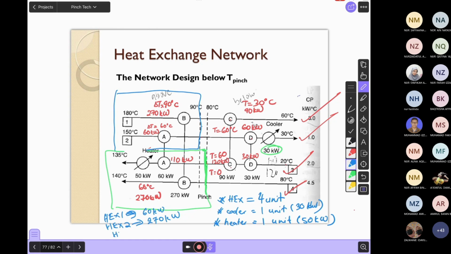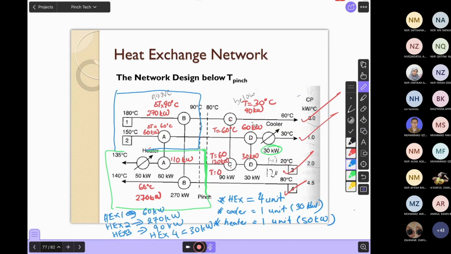X number 3, berapa power? 90 kilowatt. Okay, and hex number 4, berapa kilowatt? 30 kilowatt. Jadi, when you want to buy a cooler, you want to know the cost of cooler,